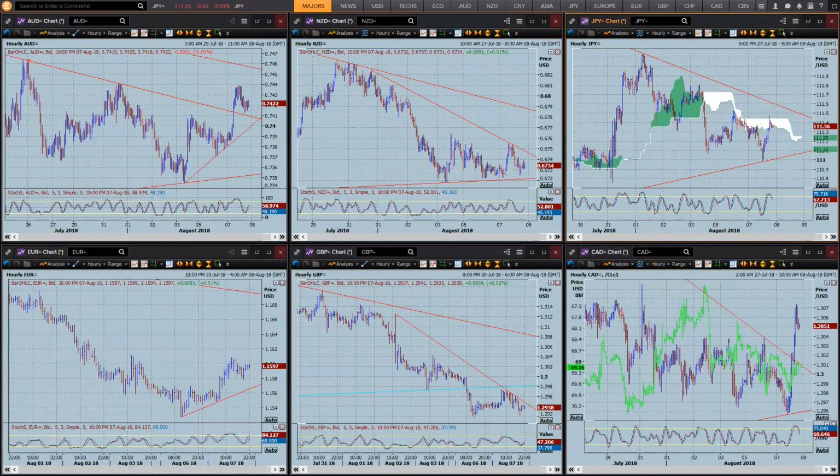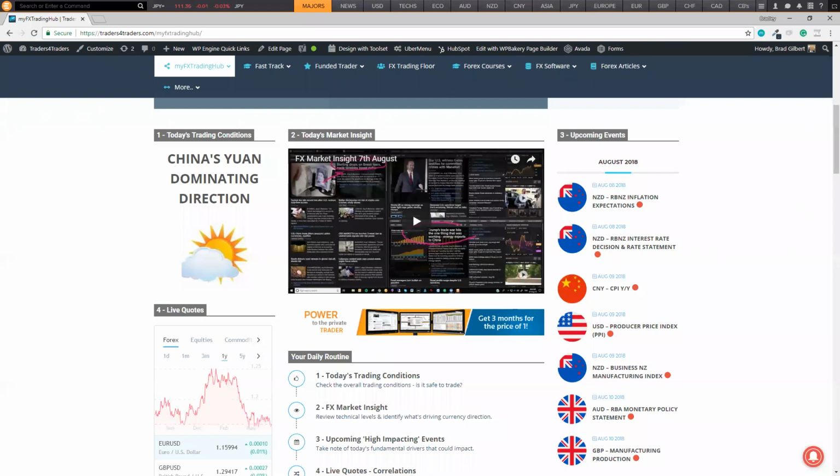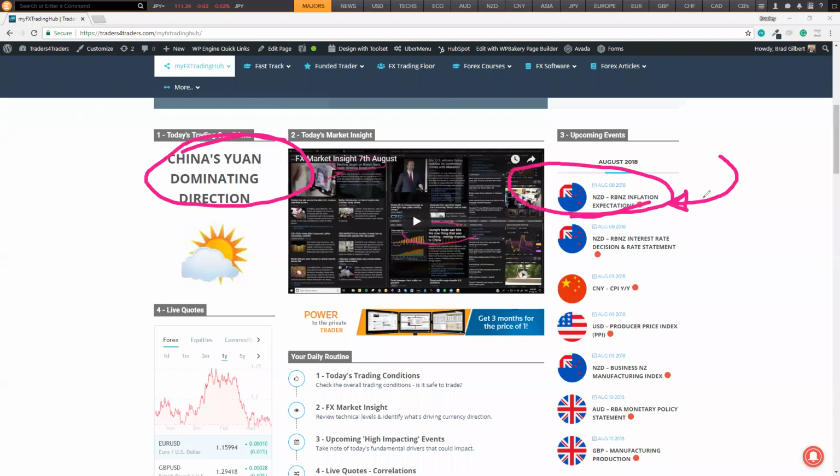So when you come to piece together what we're doing today, the first thing to do is make sure you consider what's going on with the yuan, and then you start to look for the main economic data. Really today, we've got the RBNZ inflation expectations. That's pretty much all we've got across the board. So the offshore yuan, or the dollar yuan, the China yuan, is going to be the one to look at. This RBNZ inflation expectation should be a bit of a precursor to the RBNZ interest rate decision tomorrow. That's something you need to look at.